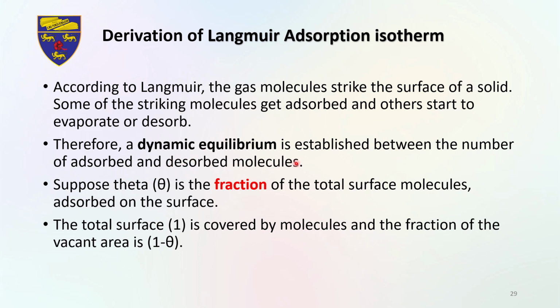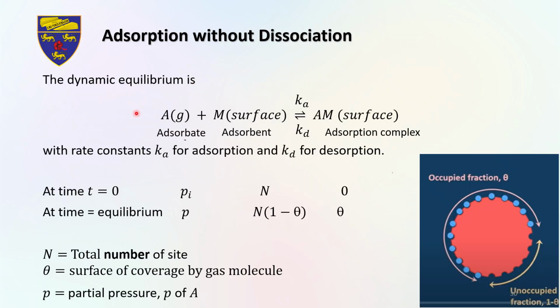Therefore, a dynamic equilibrium is established between the number of adsorbed and also the dissolved molecules. In his derivation, Langmuir viewed adsorption as a dynamic equilibrium. So, if theta is the fraction of the surface covered, then 1 minus theta represents the fraction of the vacant area. The dynamic equilibrium can be written as adsorbate A plus the adsorbent M forming the adsorbate on the adsorbent AM,